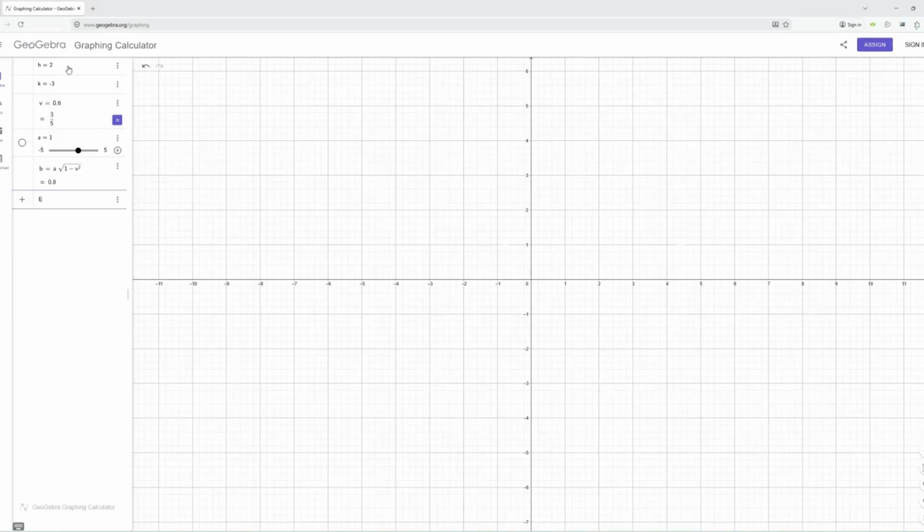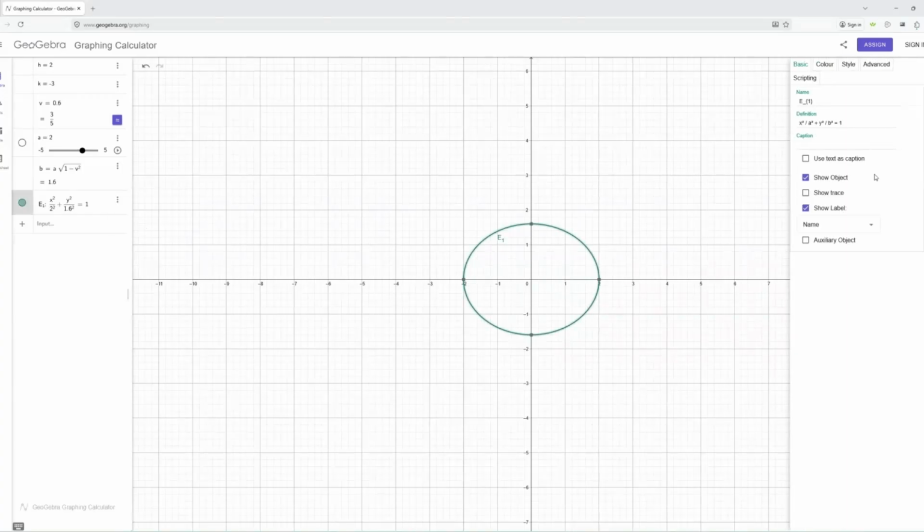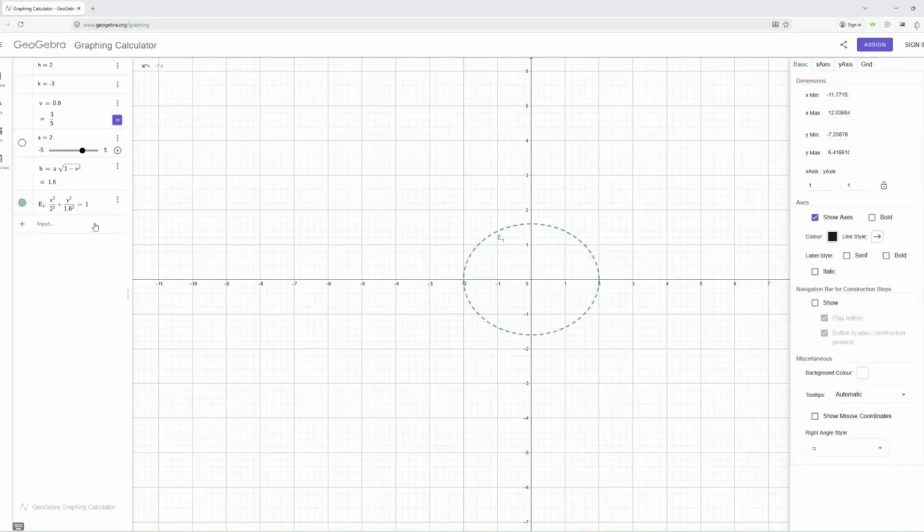So we'll plot our original ellipse, x squared over a squared plus y squared over b squared is equal to 1. Let's make that a little bigger, and let's make that a dotted line. Okay, so now we'll plot our new translated ellipse,